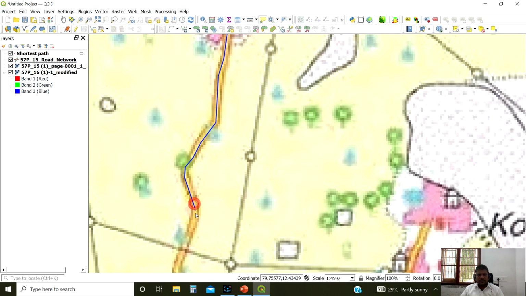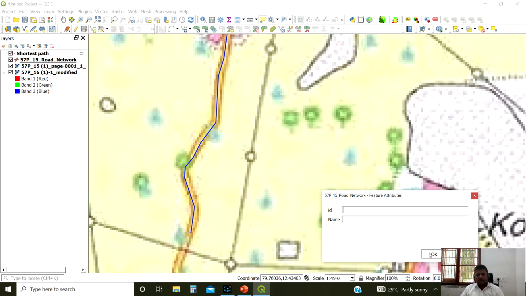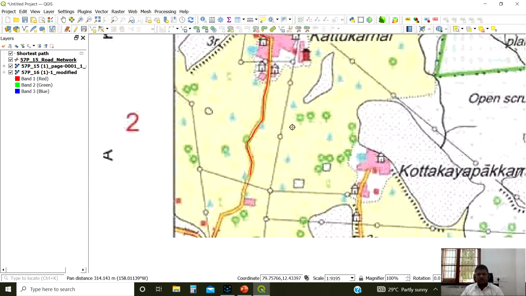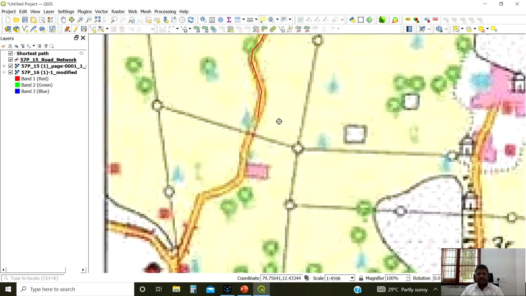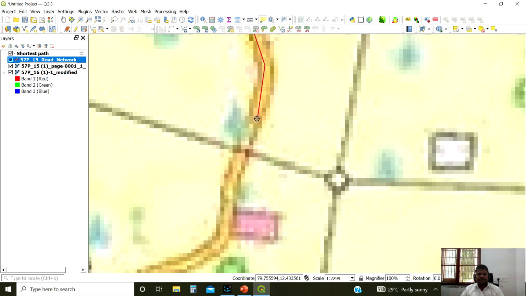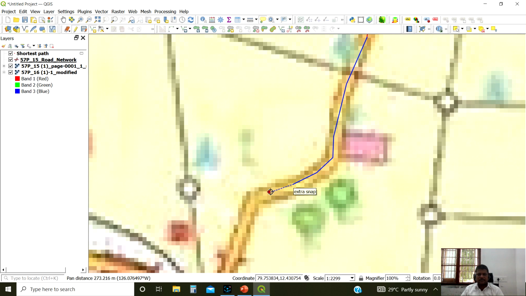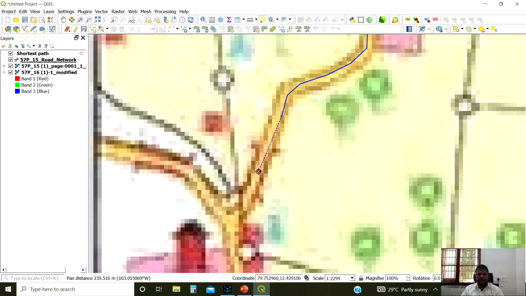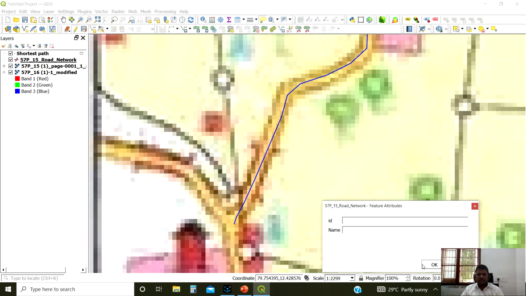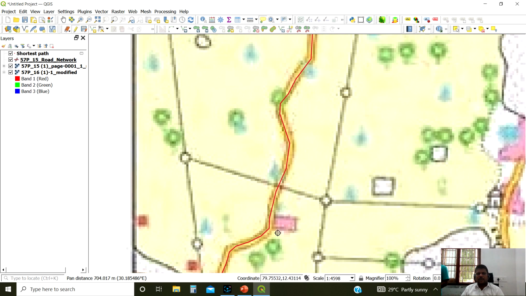If you do like that, right click to close the feature. Now if I move to the restroom or take some other break, and come back to continue digitizing, again I have to click the same tool, then I can start the work, like that. But it should be in one line.